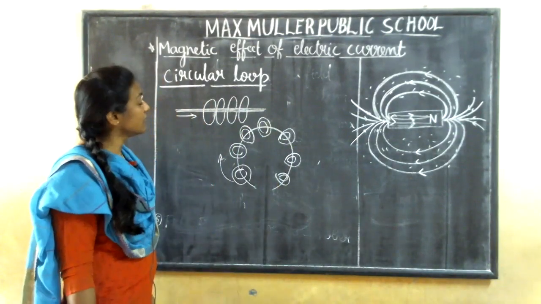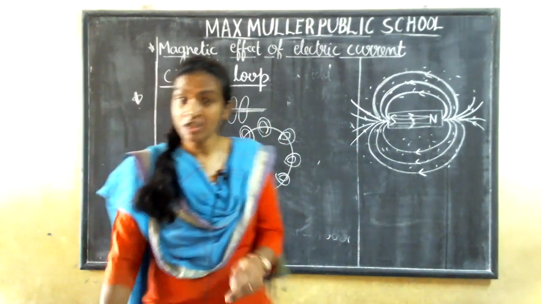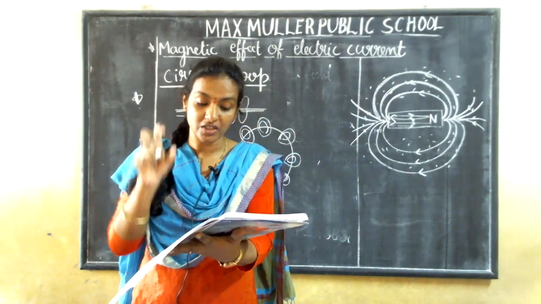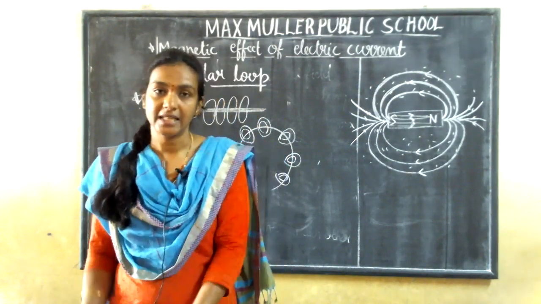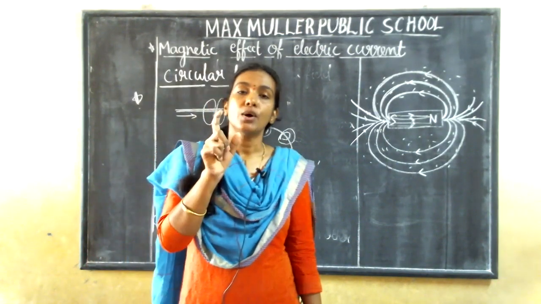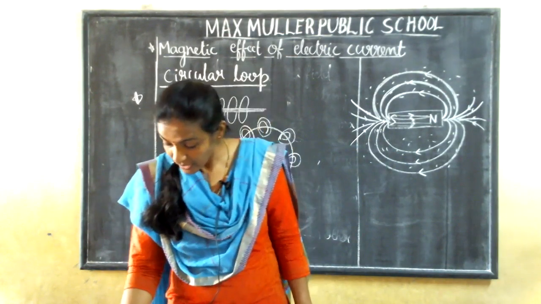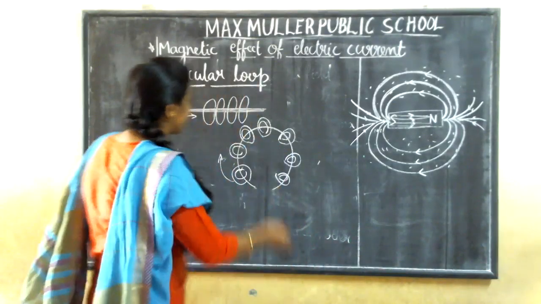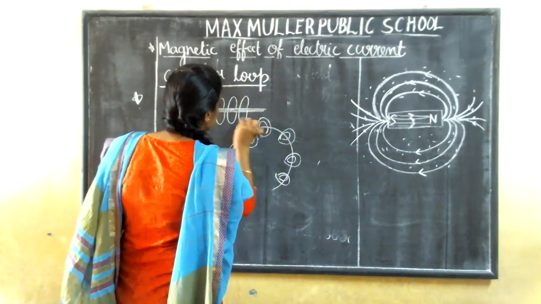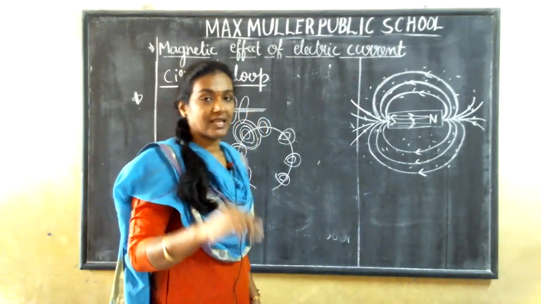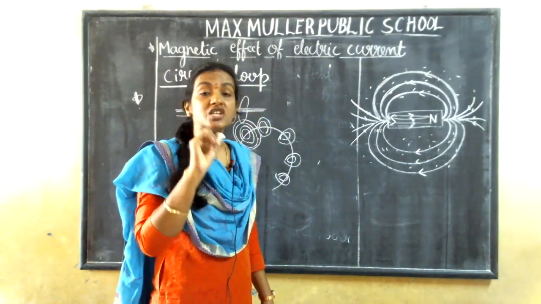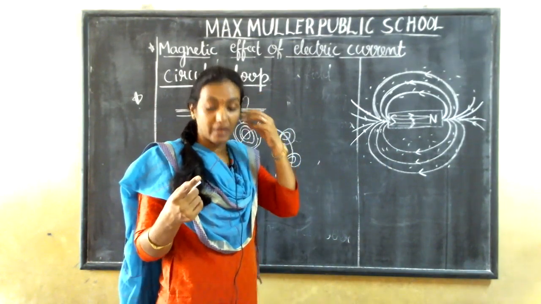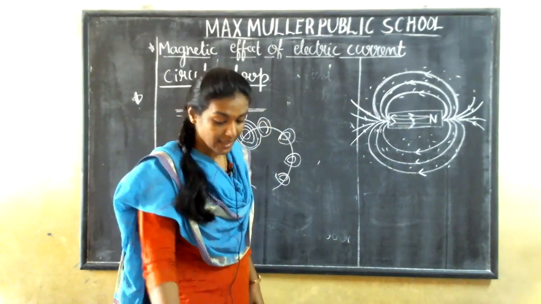So one more question you will get here for objective questions. How do the magnetic field lines at the center of a circular loop look? The answer is, guys, a straight line. You may ask me, ma'am, you are saying circular loop, but now the answer is a straight line. How is it possible? It is there in your textbook also. Clearly they have given it here.